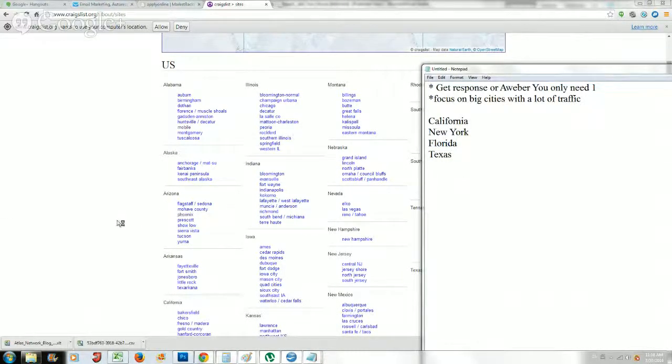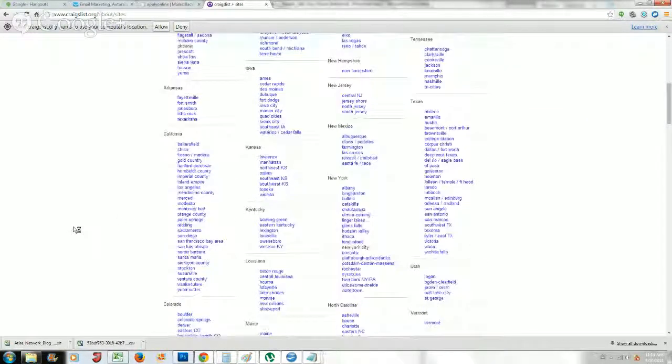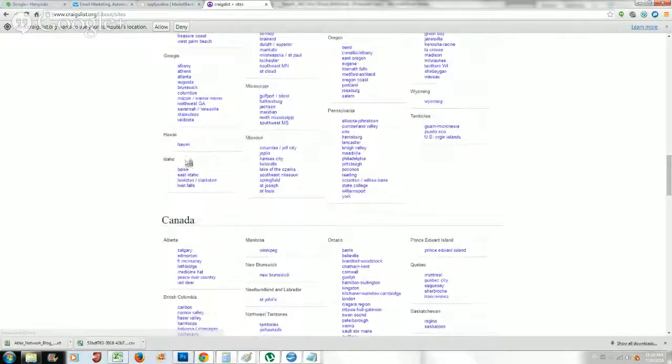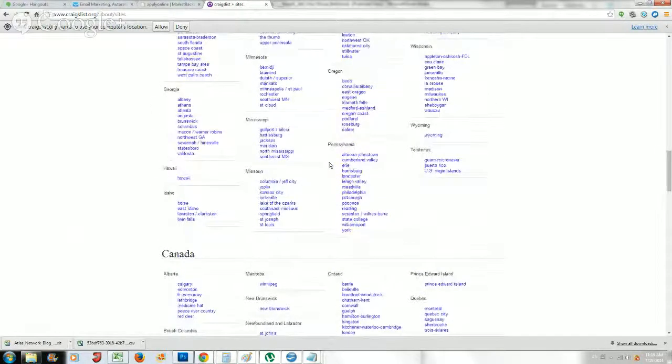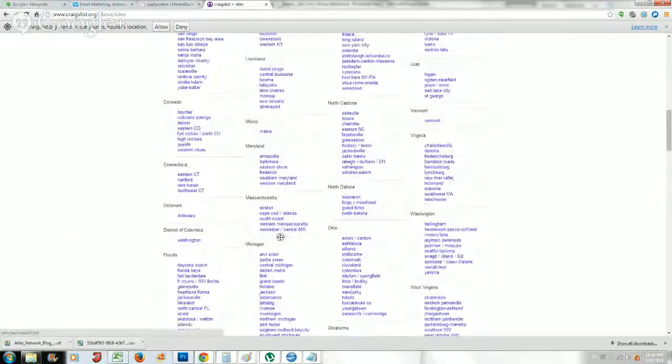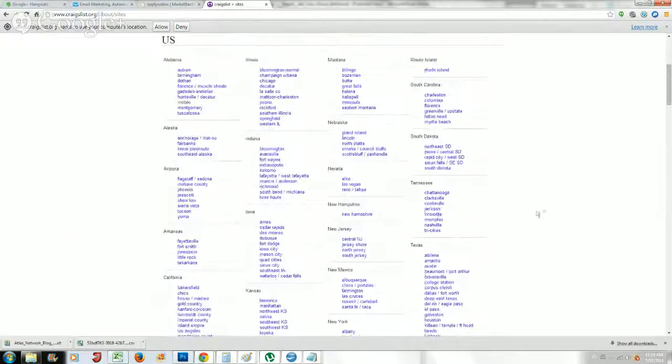Texas. There's others like Las Vegas, Nevada. Let's go through and look at these. Usually I stay away from places like Hawaii and the other states here. There's places in Pennsylvania. Philadelphia is very highly populated. Go to some places in Michigan, and basically you just want to do your research and look at really high